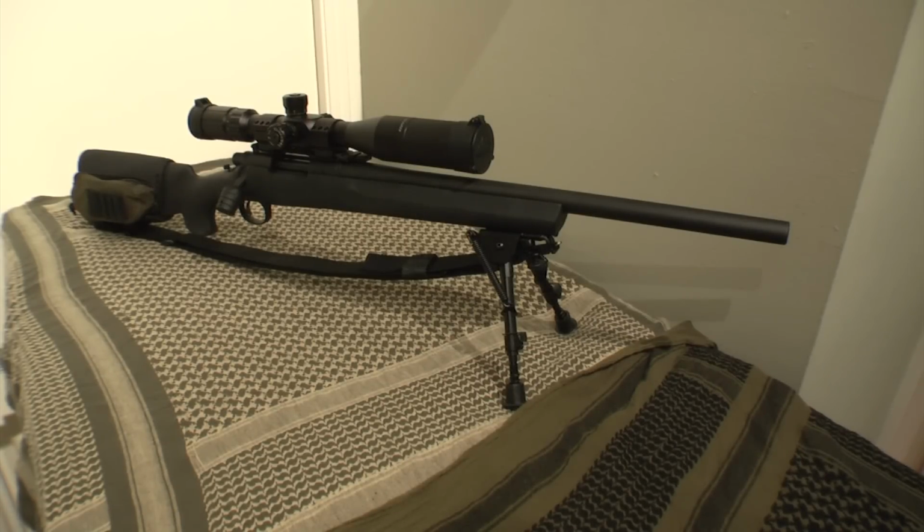Let me just go through what I've got on here. It's nothing super fancy, but I'm hoping that it's going to be pretty practical, and hope to make gradual upgrades on this rig going forward. So start from the base rifle, like I mentioned. It's a Remington 700 SPS Tactical. Heavy bull barrel, and right off of the Hogue Overmolded stock, which is standard, I've got an Allen butt pad, cheek pad, right